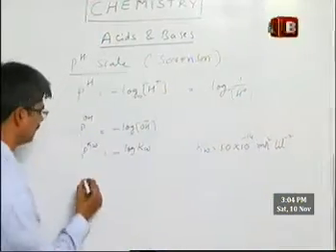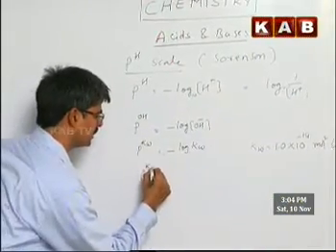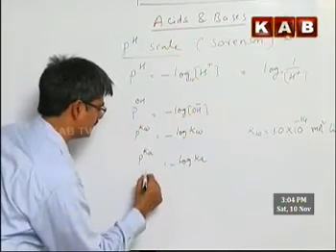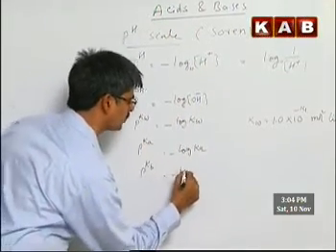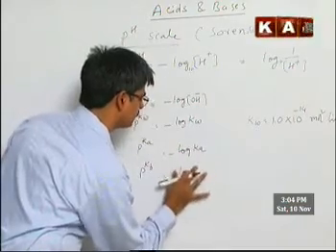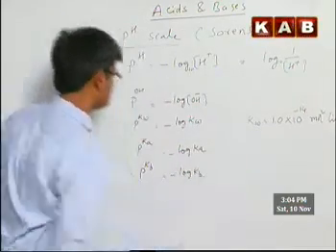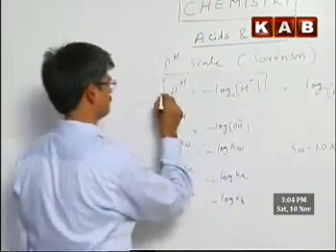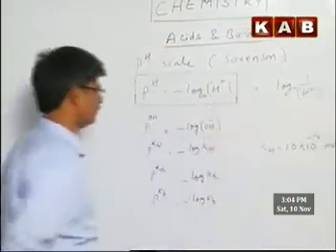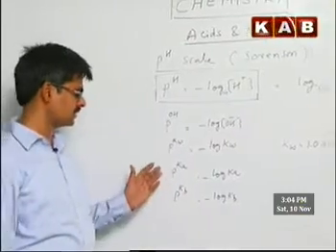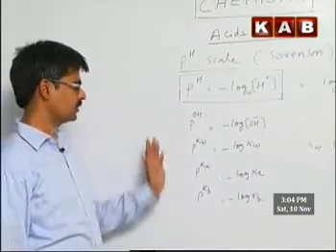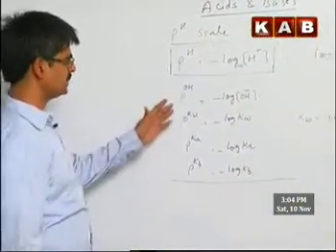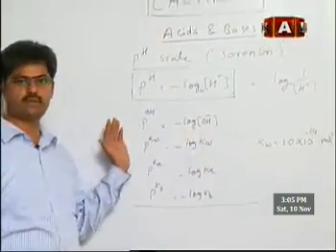And then Ka is there, similarly we have pKa also, that is minus of log Ka, and Kb is there, similarly we have pKb also, minus log Kb. So these are the similar terms which are almost the same as that of pH for us. Basically these terms will be used while calculating the concentration and pH values of acids, weak bases, and so on and so forth.